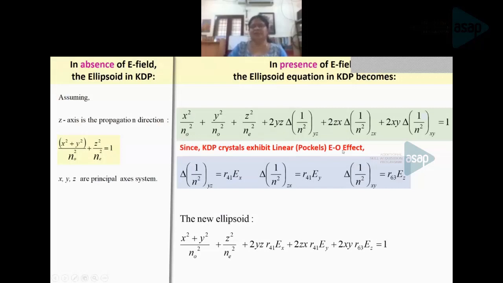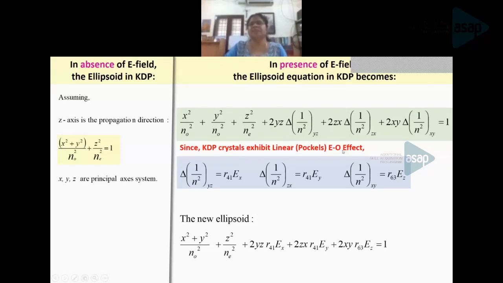We know that it is r into E for linear electro-optic or Pockels effect. Okay, and so we can write this parameter as r41 Ex. r41 means this is the Pockels coefficient, non-zero Pockels coefficient, r41,